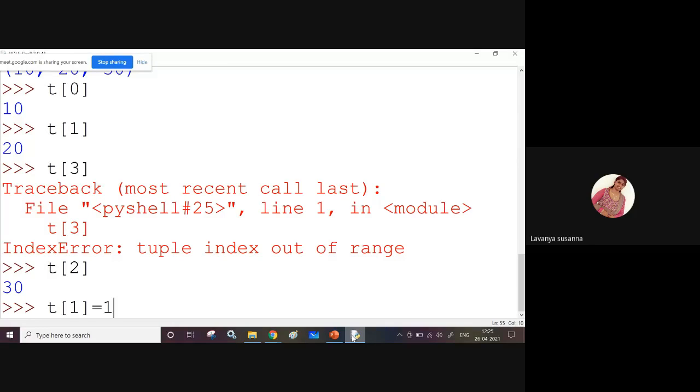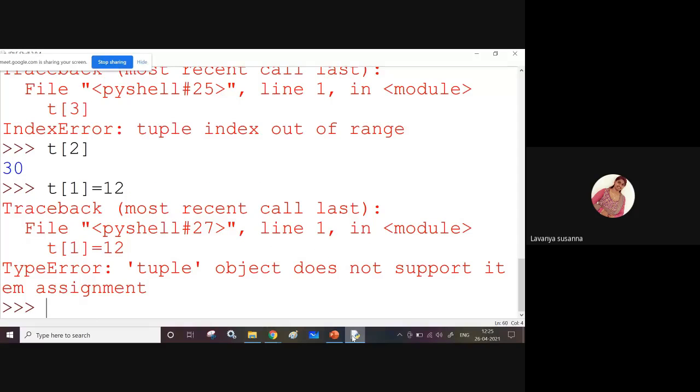T of 1 equal to 12. See, you are getting an error, right? Assignment is not supported. That means in a tuple you cannot update any value. It is used for read-only purpose, but in a list you can update the value. I hope you understood, students.